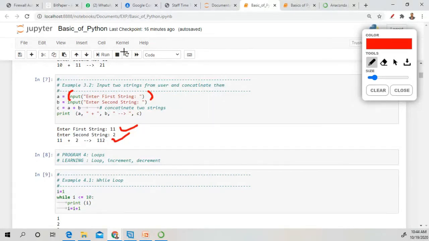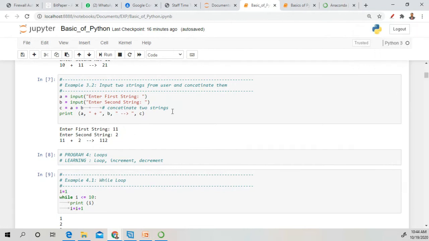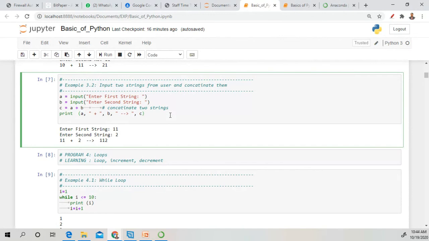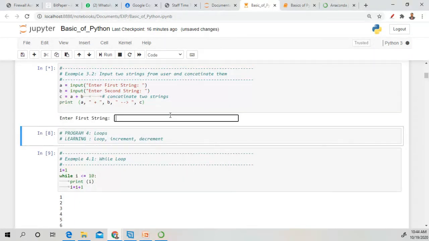Okay, so let's take this example and run it again. If I press shift enter, then it will ask you to enter something from the keyboard. As I have shown, we entered two integer numbers, and those two numbers will be added and show us the addition of these two numbers. But let's take an example.